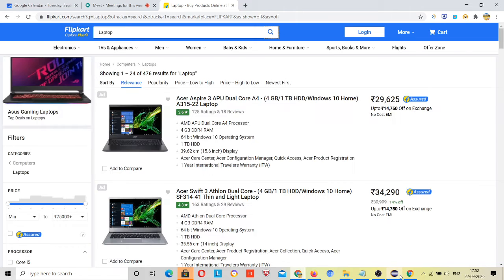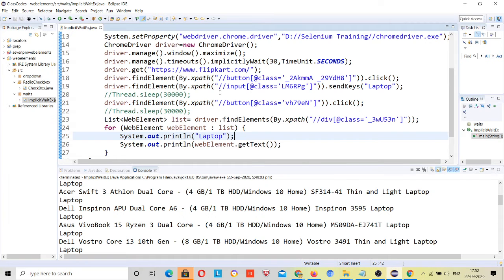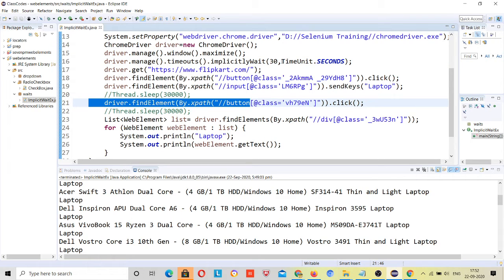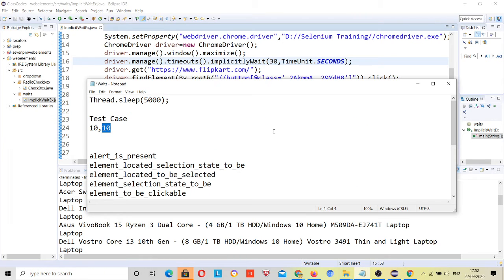But what happened, because we have given an implicit wait of 30 seconds here, other lines are satisfied within 30 seconds. But this particular requirement is for this particular test case, about a loading issue, right?